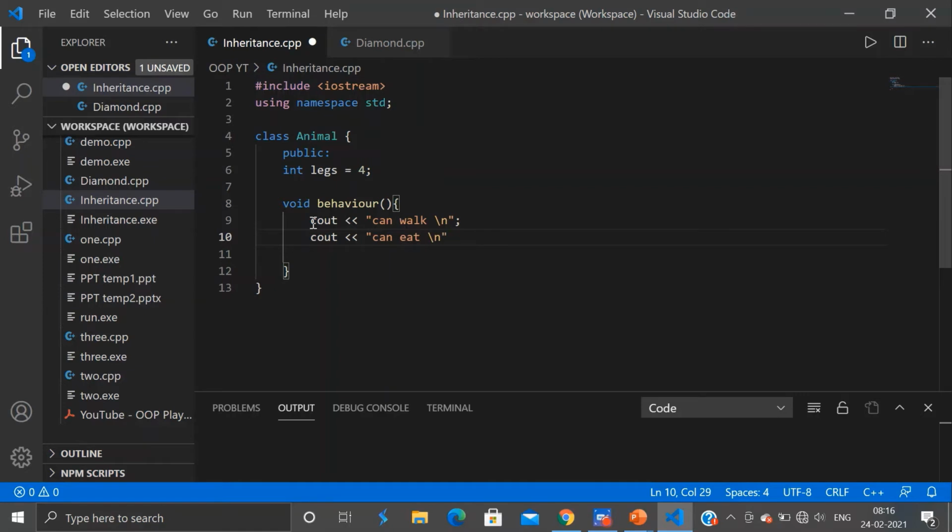So this is our parent class animal, and now I want to create a child class for this class animal. For that, I will initialize a class called, say, dog, and I want this class to inherit my parent class. So for that, I'll add a colon which will be followed by the name of my parent class, which is public animal.